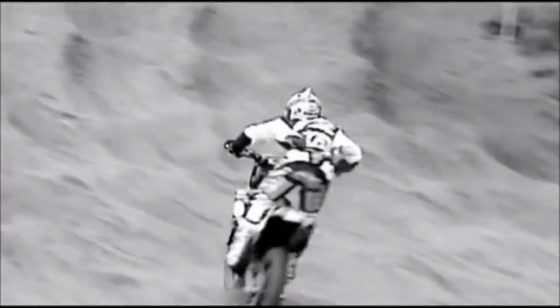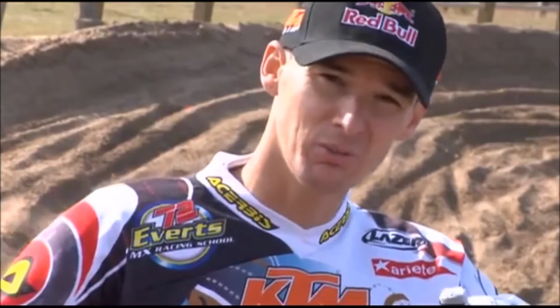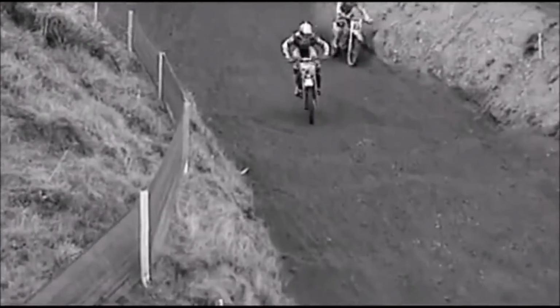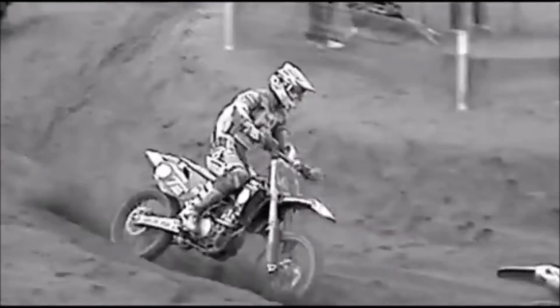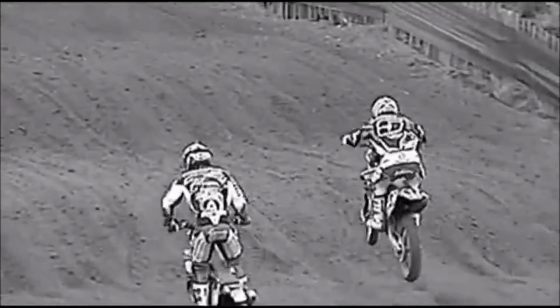Like when you enter the corner, you can use the clutch technique. You pull the clutch while you're braking and it brings less tension on your rear shock and it makes the bike much easier and smoother going into the corner. So you can ride much more fluent and faster coming out of the corners, exiting, so you can go easier